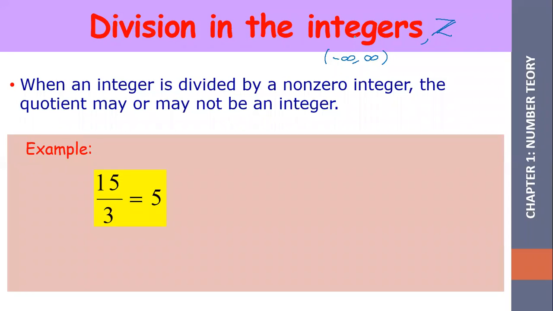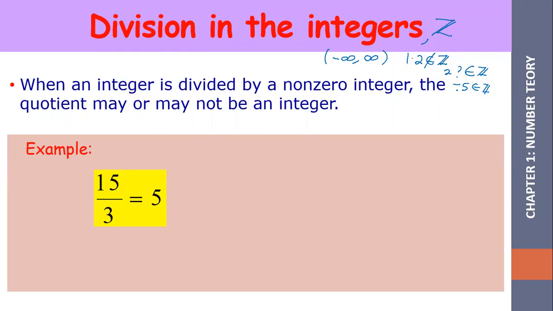But what is the difference between integer and real number is, integer dia hanya melibatkan number yang tidak melibatkan perpuluhan. Okay, 1.2 is not integer. 2, yes, integer. Negative 5 also integer. Perpuluhan bukan integer. Alright, so when an integer is divided by a non-zero integer, the quotient may or may not be an integer